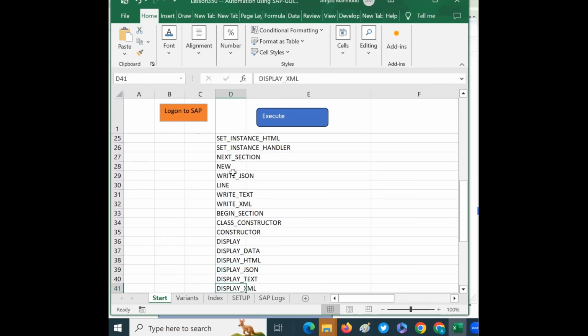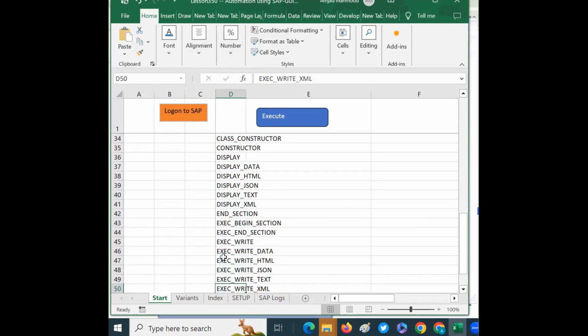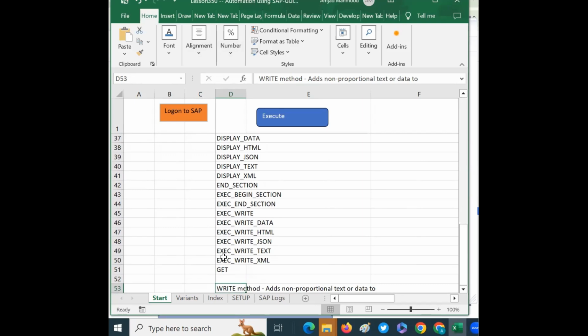And there are some display data, display HTML, display JSON, display text. These all are subsidiaries of the display method, and only display we have used. So there are so many display methods already available. And also you have the get and execute, exec and write. So the write method